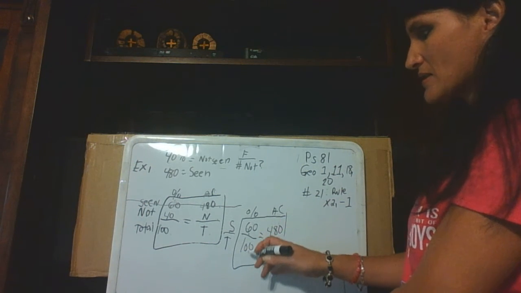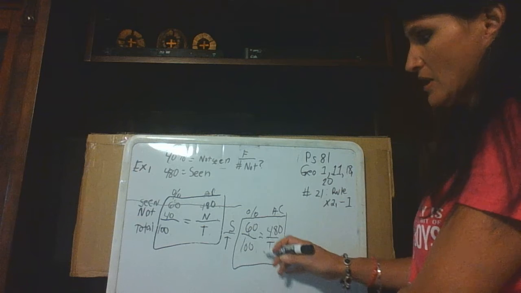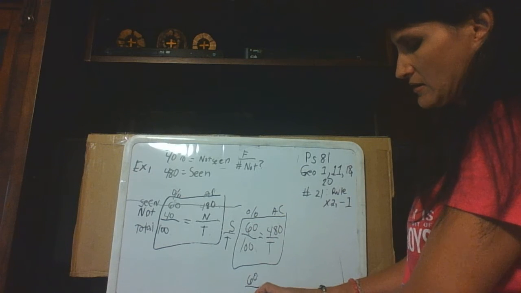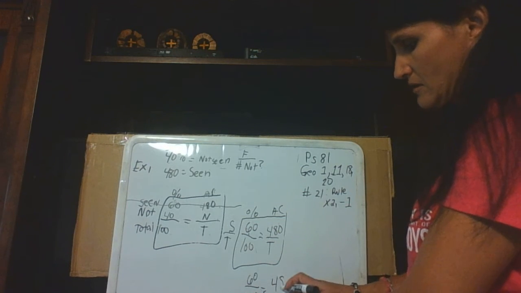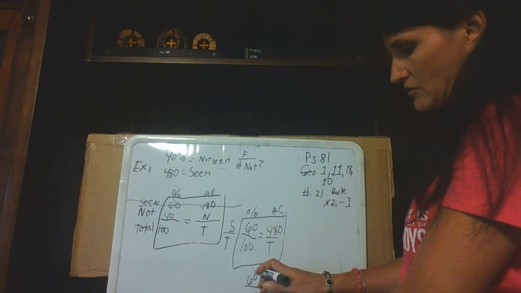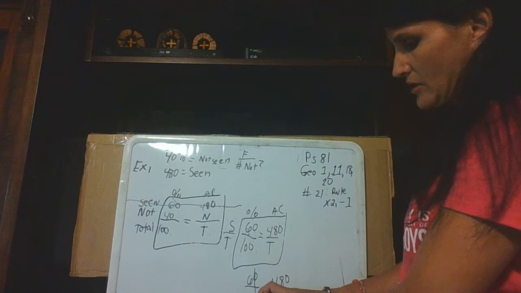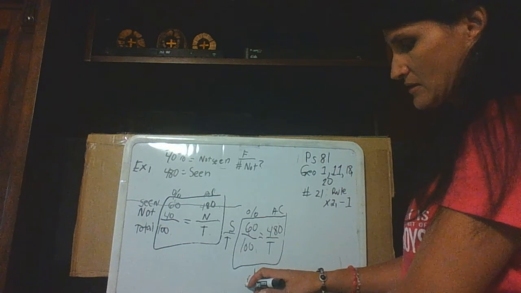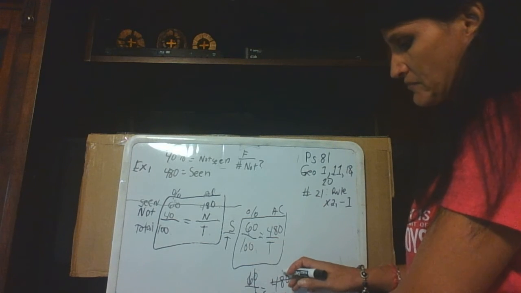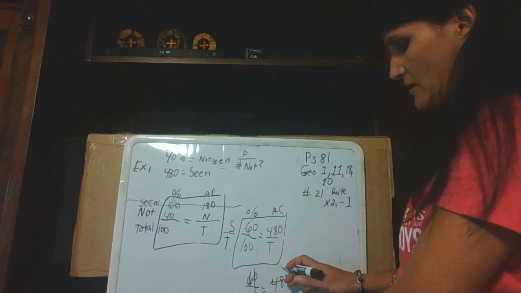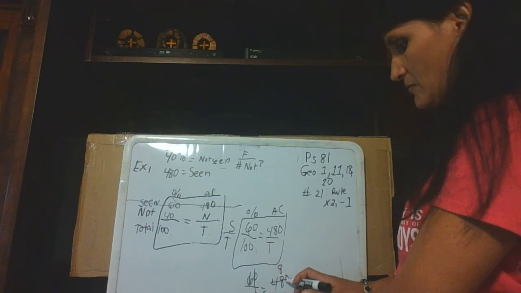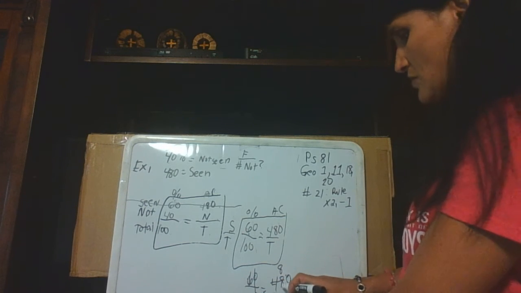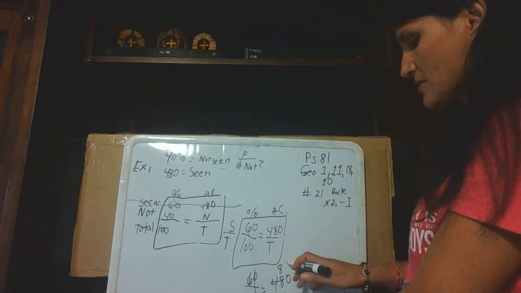Okay, so we have 60 over 100 equals 480 over total. And the way we solve this proportion is 60 over 100 equals 480 over t. So we can reduce up and down, okay? We can reduce left and right, but we cannot reduce diagonally, okay? So 6 would cancel with 48. Let's see, 8 times, okay? And then we had already canceled the, oh, actually we had not canceled the 0, so we have to bring that up. So 6 goes into 48 8 times,